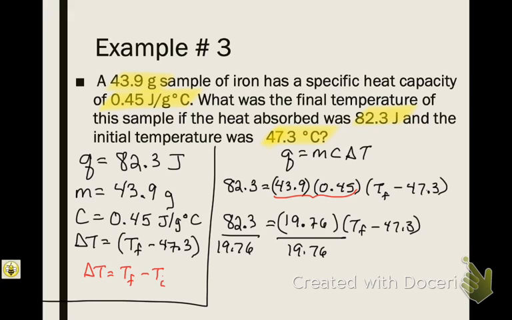So 82.3 divided by the 19.76, I get 4.17 equals final temperature minus 47.3. And then at this point, to get rid of the 47.3, I would add that to both sides. And what I find for my final answer, I have a final temperature of